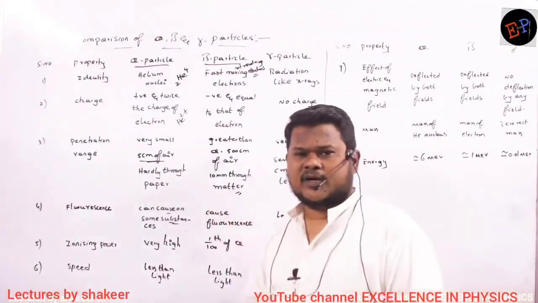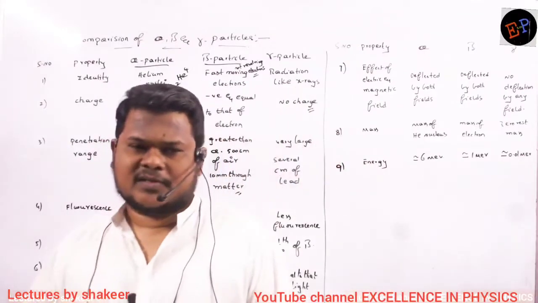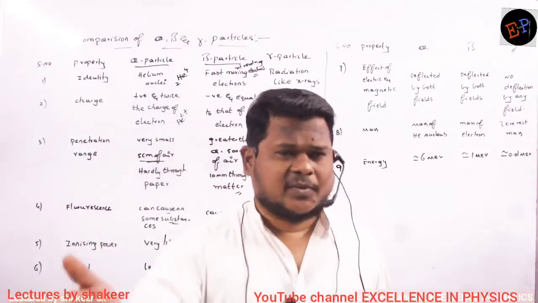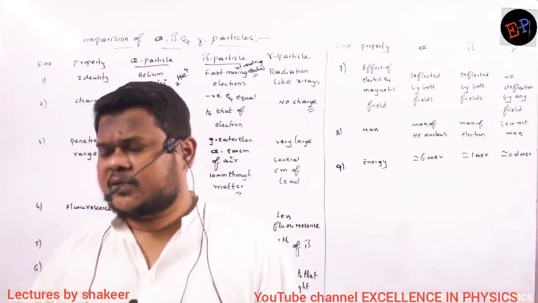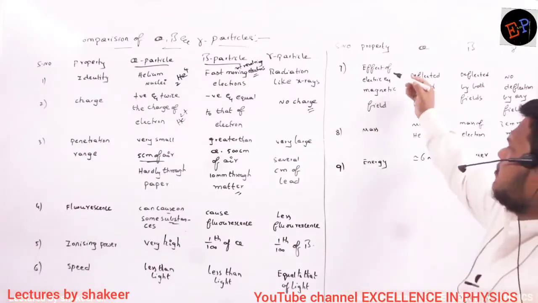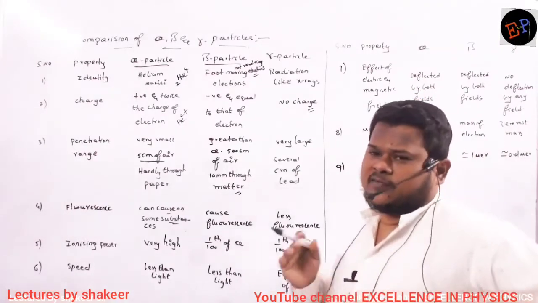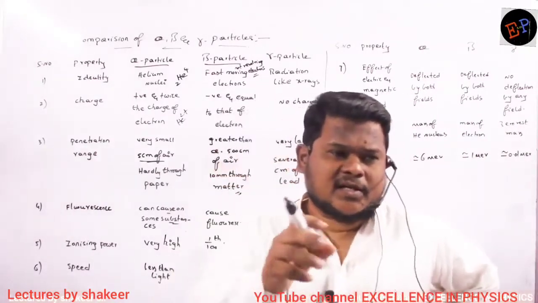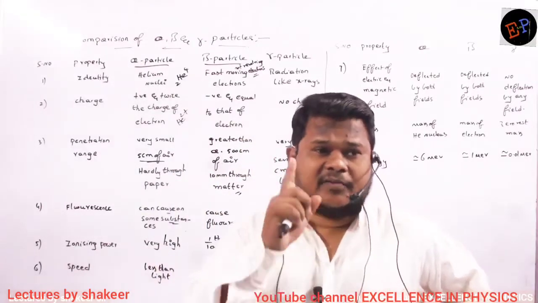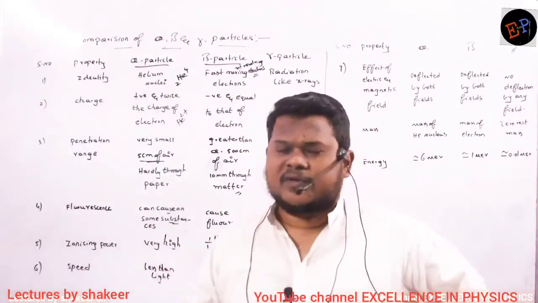Every radiation in vacuum travels with the speed of light, whether it is alpha, beta, gamma, X-rays, UV rays, visible spectrum, whatever it may be. Every radiation has so much speed, 3 into 10 power 8 meter per second. Clear now? Next, effect of electric and magnetic fields. So in the path of alpha, beta and gamma rays, if you place electric field and magnetic field, then what will happen? See, every charged particle will deviate when electric fields and magnetic fields are placed.